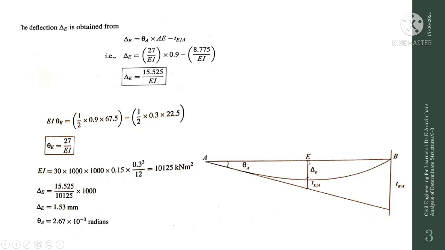What we have to do is find the deflection delta E. So we will be finding it indirectly. First we have found out the TBA. Next we will take the moment with respect to the point E. The bending moment diagram which we got by using the loads, we will be taking moment with respect to the point E, and you will be getting this TEA with respect to E when you are looking into the side A, this distance. So the total distance we will find, and we will subtract the TEA in order to find delta E.